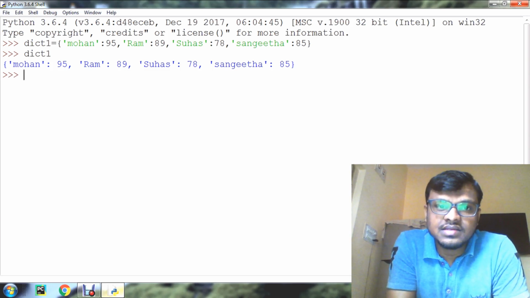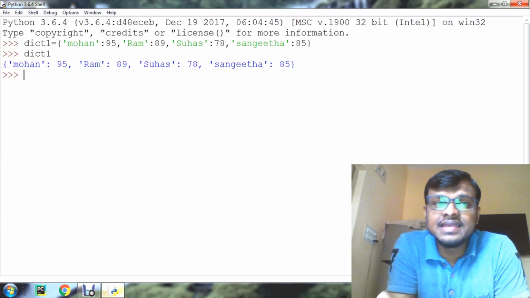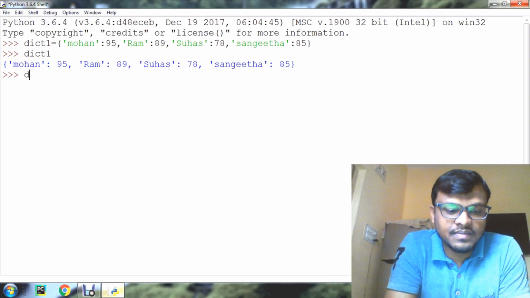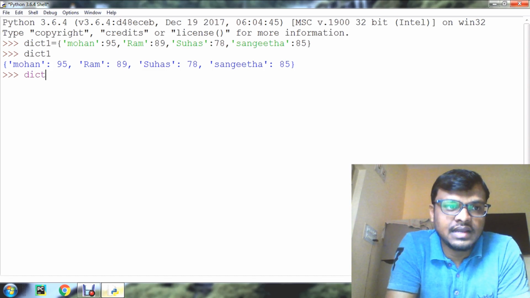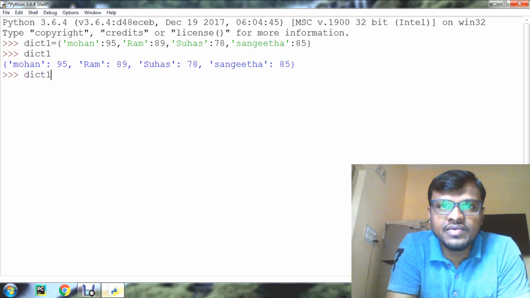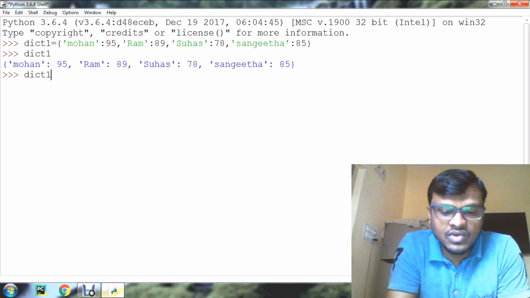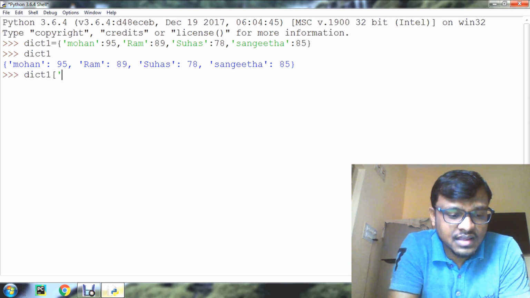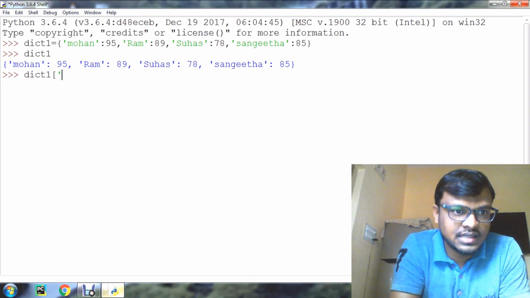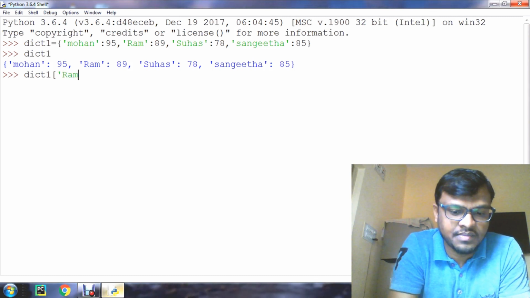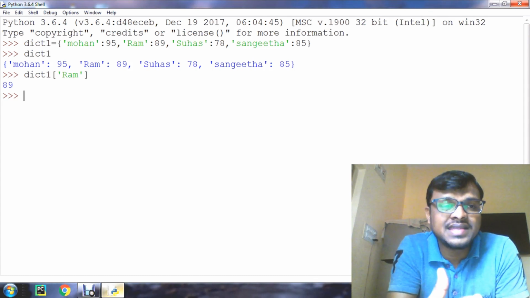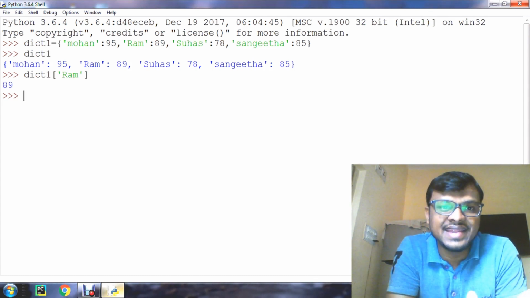So directly we can make use of the keys to access the items of the dictionary. For example, take dict1, which we have created, then square brackets, and directly enter the key, Ram, then close. It will display the value present in that key Ram, that is 89.